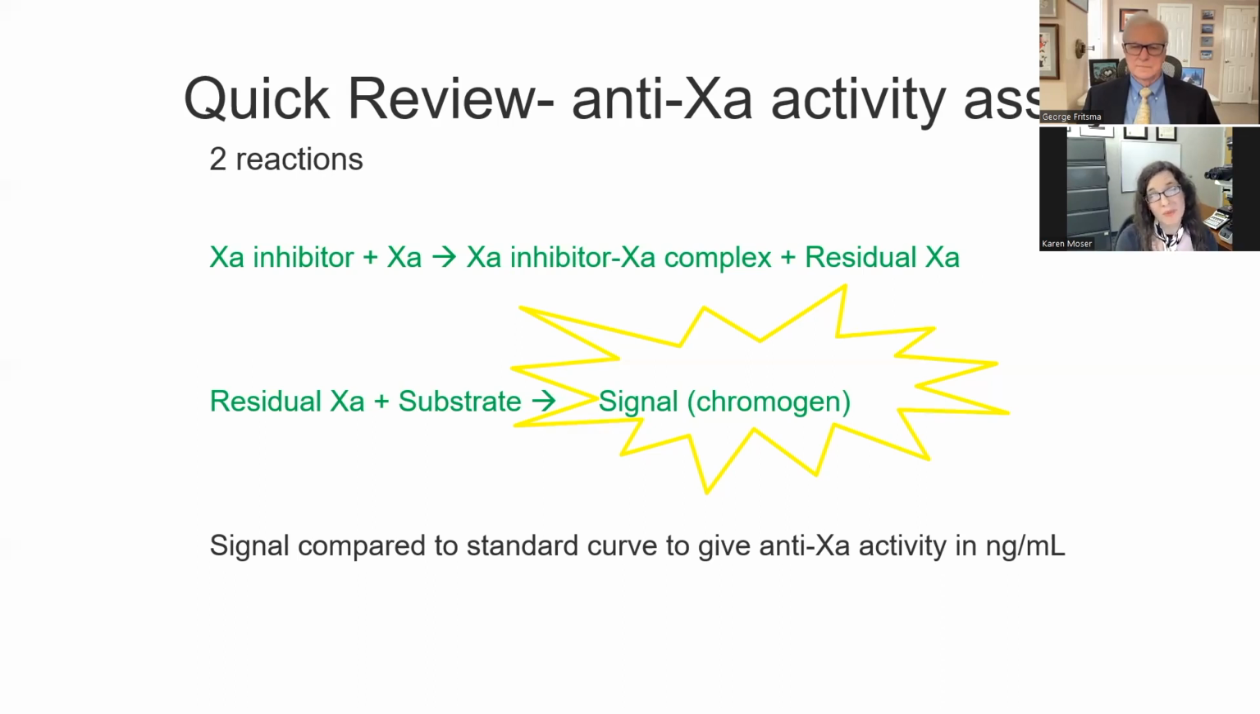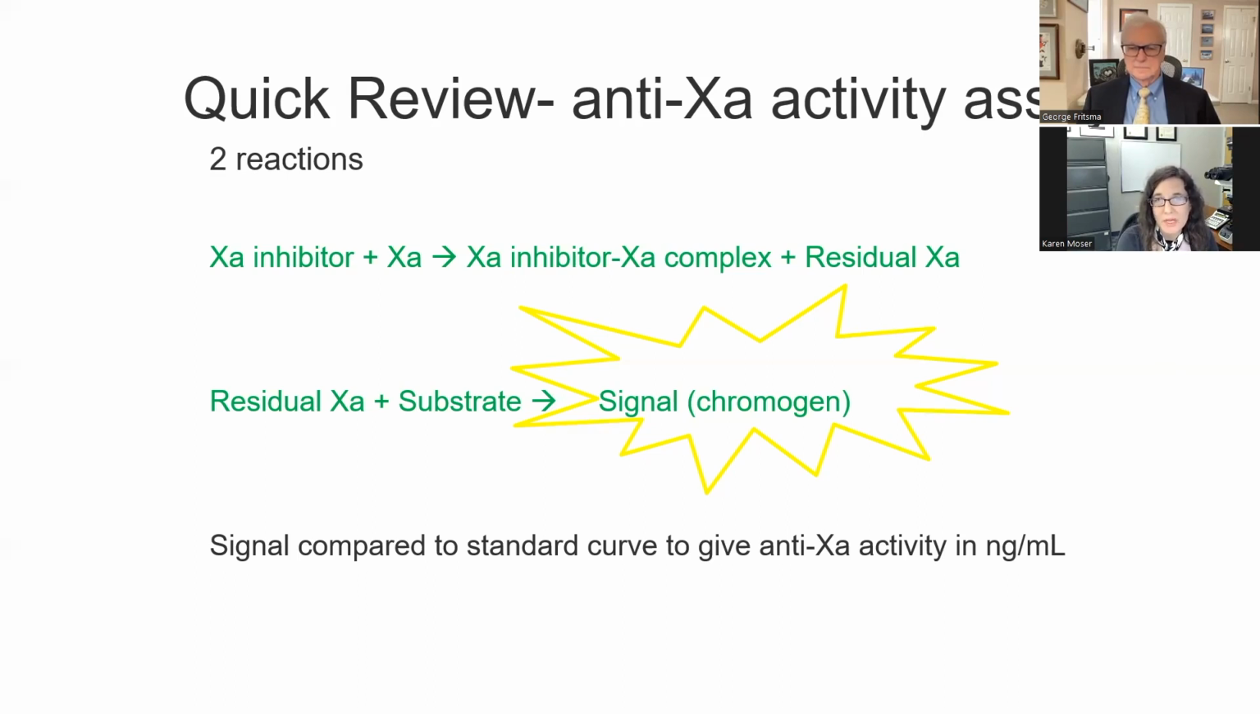Well, let me back up. We're adding in a residual excess factor 10A. And if there's a direct 10A inhibitor present, it will complex with factor 10A in the assay mixture. But there will be some residual factor 10A as well. We're measuring the ability of that residual factor 10A to cleave a chromogenic substrate and generate a signal that we measure as light. And then we're comparing the signal to a standard curve to get the drug concentration in nanograms